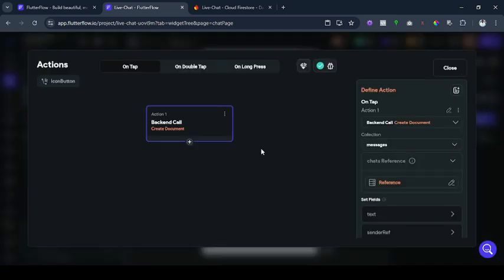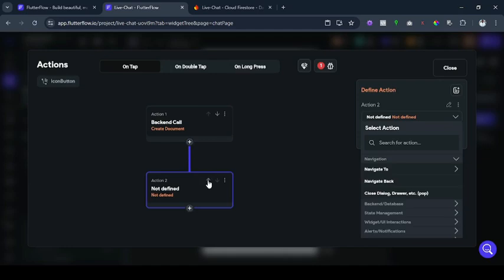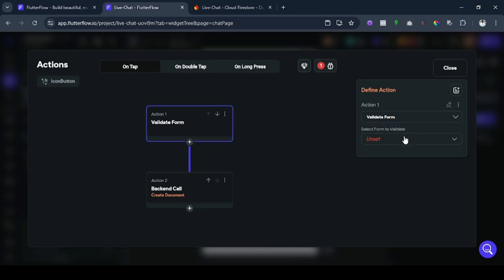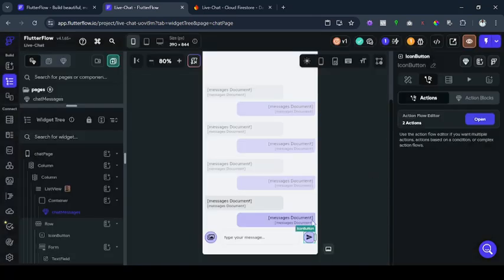Click on open, click on this add action, so we can just scroll up and we'll call it validate form, and the form to be validated is this form. Then we'll close it. So if the user just clicks on this,